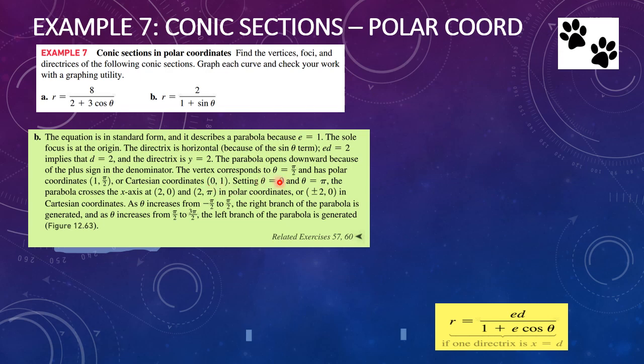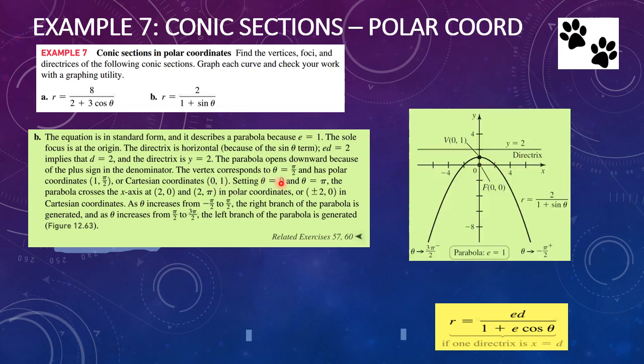The vertex corresponds to theta equals pi/2 and has polar coordinates (1, pi/2) or Cartesian coordinates (0, 1). Setting theta equals 0 and theta equals pi, the parabola crosses the x-axis at (2, 0) and (2, pi) in polar coordinates, or plus or minus 2, 0 in Cartesian coordinates. As theta increases from -pi/2 to pi/2, the right branch of the parabola is generated, and as theta increases from pi/2 to 3pi/2, the left branch of the